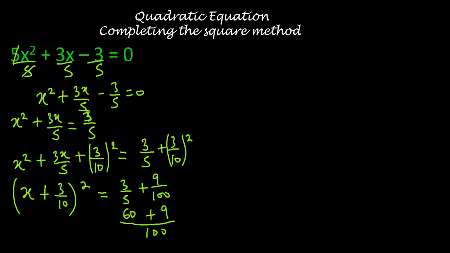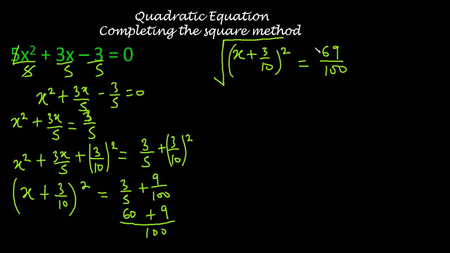Okay, so we now say x plus 3 over 10, everything squared, is equal to 60 plus 9, which is 69 over 100. Now another thing that you do is you square root both sides,